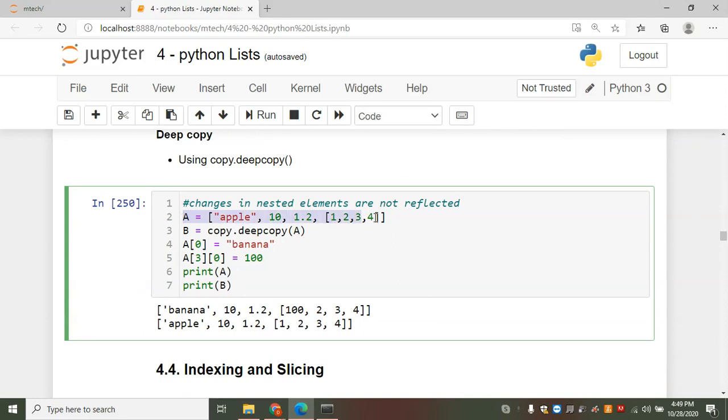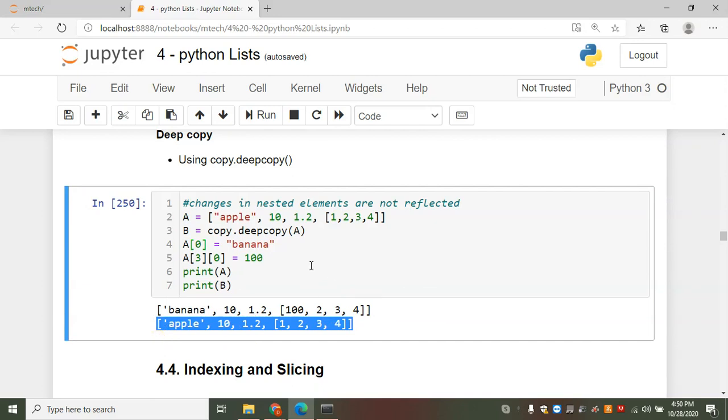A is a list containing four elements and the fourth element is a list. I am deep copying A to B, and I am updating A[0] and A[3][0], and I am checking A and B. Whatever I have updated in the list A is updated in the list A only. It is not reflected in B.